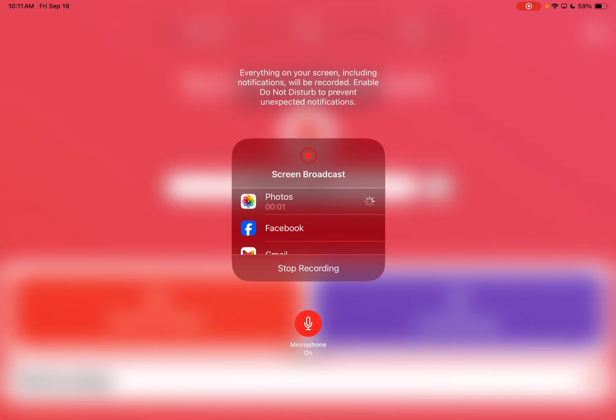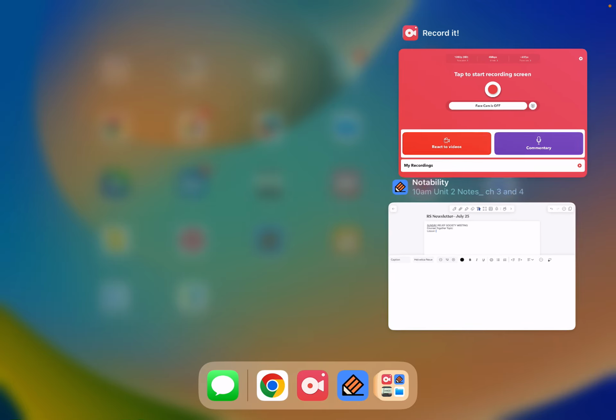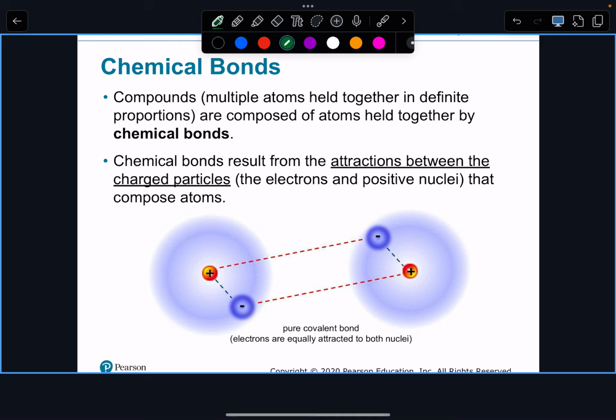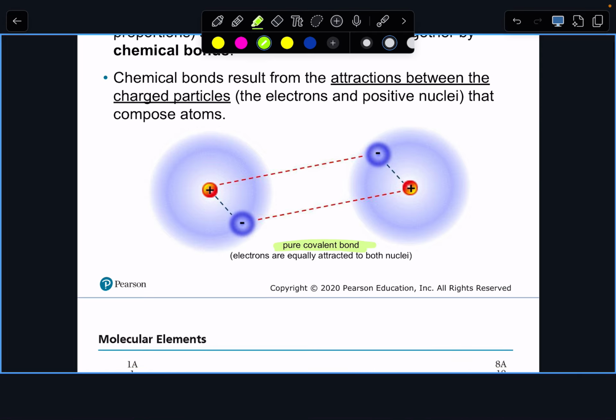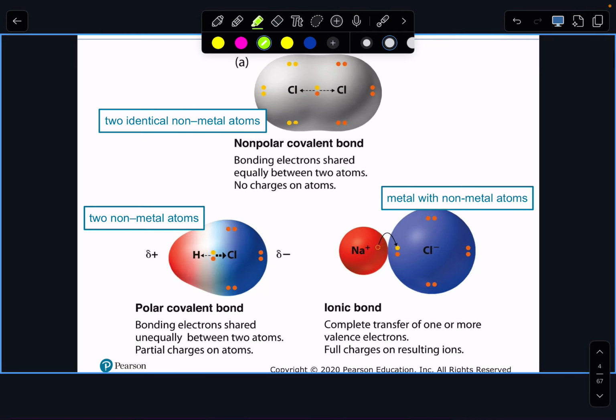Talk about the chemical formulas of ionic compounds. Okay? All right, so this first picture, it's very small, but it says that this is a pure covalent bond. Okay? So this is our representation of a covalent bond, and then we're going to look at one down here